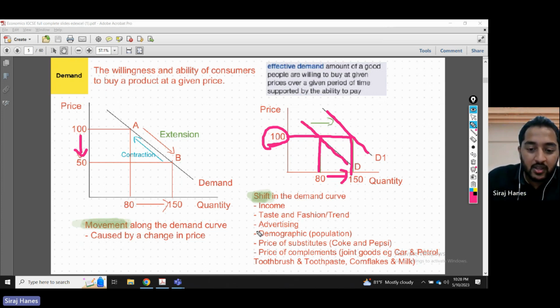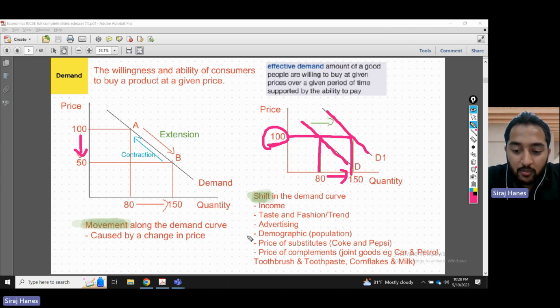High demand. Demographics. What about population? More people came into the country. Maybe demographic changes, population changes. So more women are working now, there's higher demand for clothing, women's attire. Price of substitutes. Let's say, for example, we're selling Coke and the price of Pepsi goes up. Because the price of Pepsi goes up, all Pepsi's customers come to Coke now, and we, Coke, see our demand curve shifting outwards.